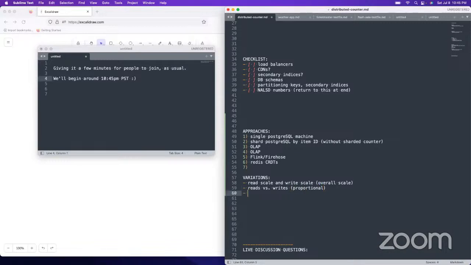And then also latency expectations and accuracy, precision expectations. So then that's where, you know, CRDT versus sharded counter.